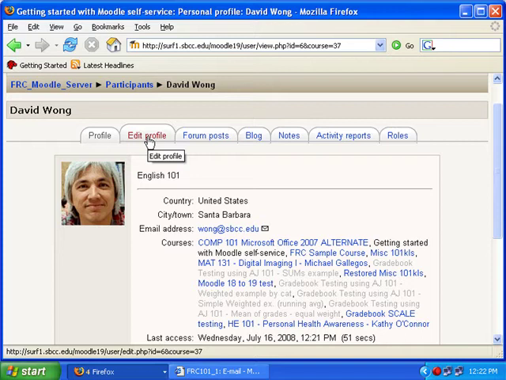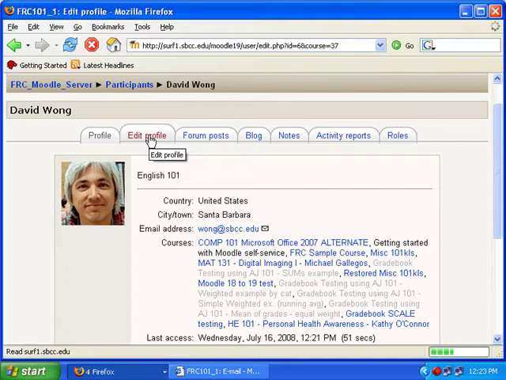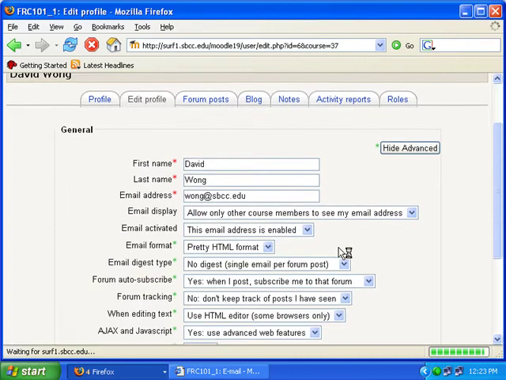But what I care about showing you is how you can edit your profile. So let's select this Edit Profile tab here. It's going to allow me to go in and customize some changes, and students can do the same thing themselves. So if they wanted to enter an email address here, if they had maybe